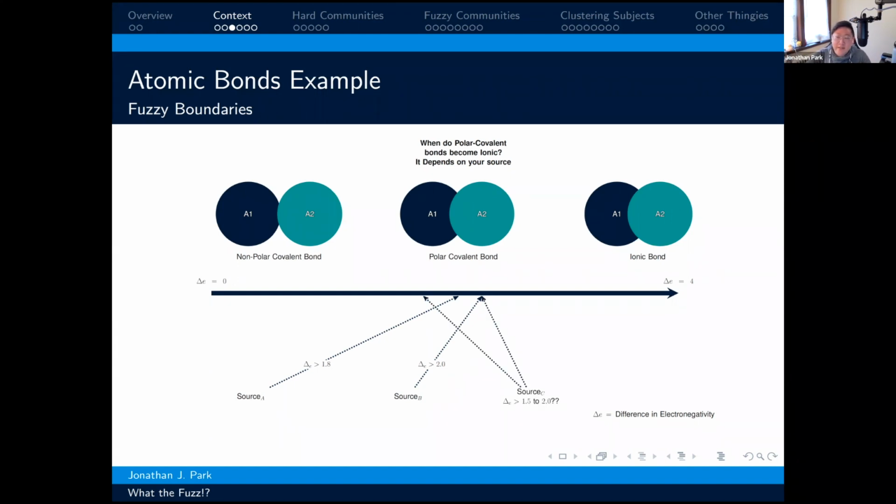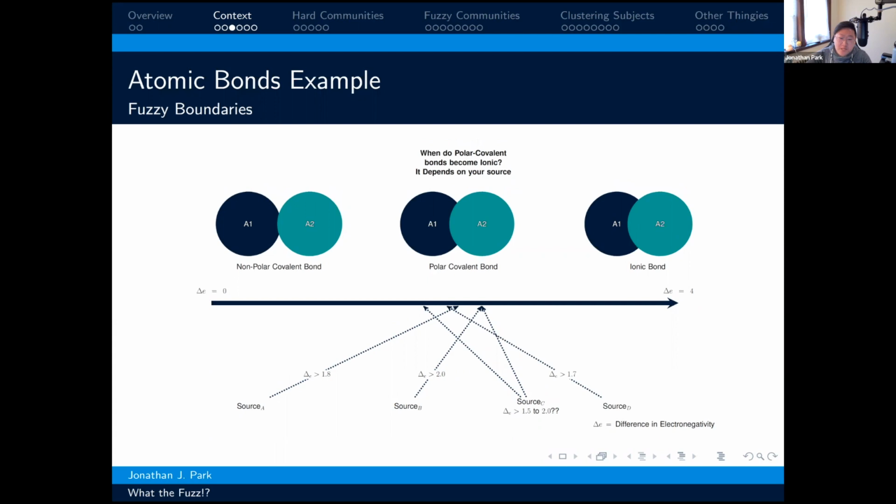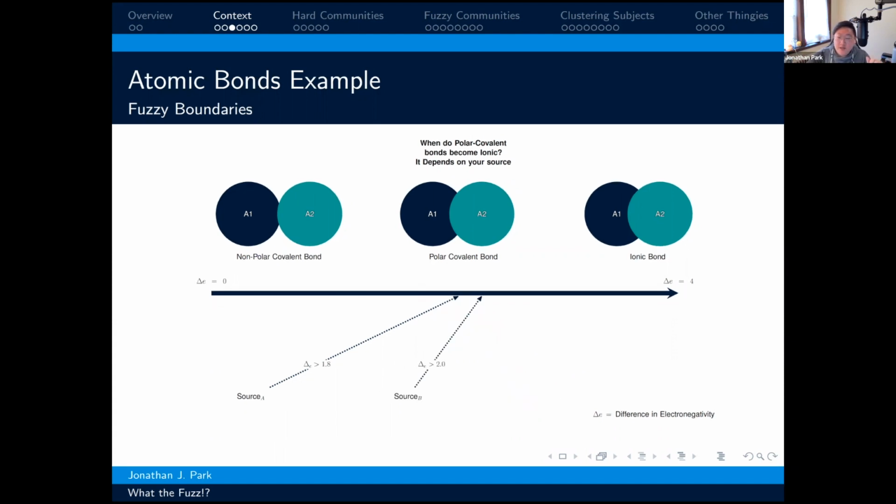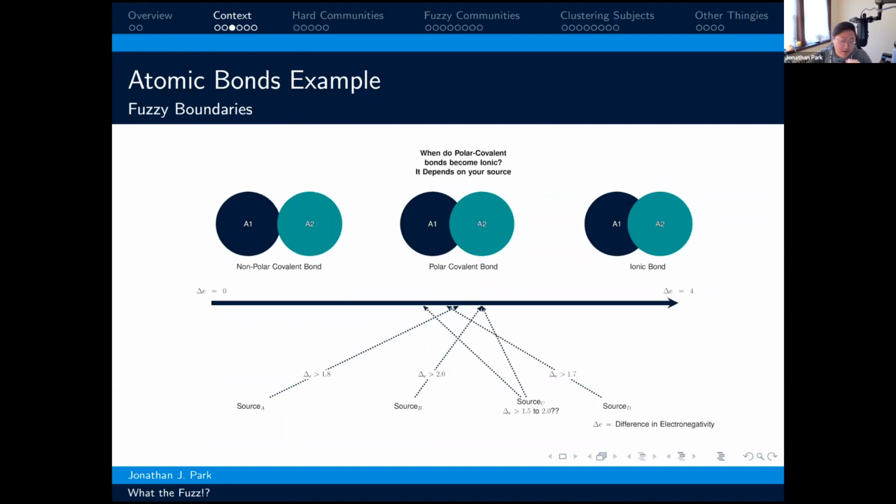It's somewhere there. And then the original person that developed the scale, this is called the Pauling scale, said it's 1.7, which is to say that there's this boundary somewhere between polar covalent bonding and ionic bonding, but that boundary is not clear. And to really drive home this point, source A and B are from the same book, but 4 chapters apart. So source A is chapter 4.3 and source B is chapter 8.2 in the exact same book. And they disagree on where a polar covalent bond and an ionic bond begin and end,